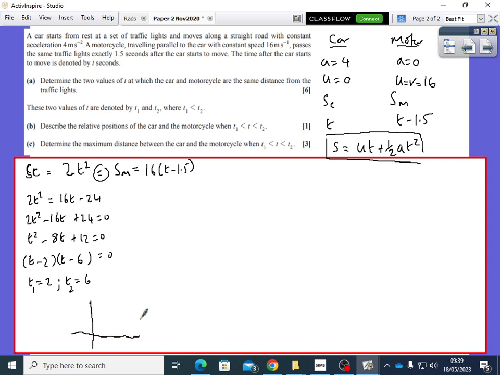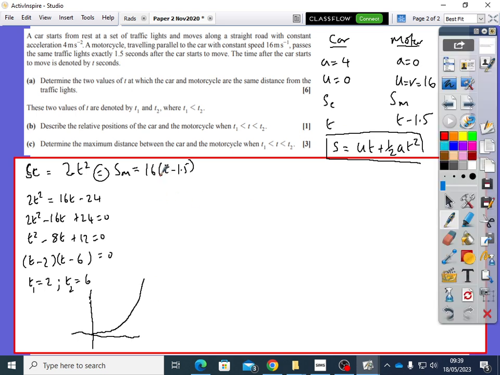Now this is a quadratic, so that is going to be squared. We're not interested in t values less than 0, so this graph will go like that, and then gradually go up. And then I might as well do the motorbike in a different color. This is a straight line, which is going to have a gradient of 16t, and the intercept is minus 8. So let's put the minus 8 here, and then if we draw this straight line,